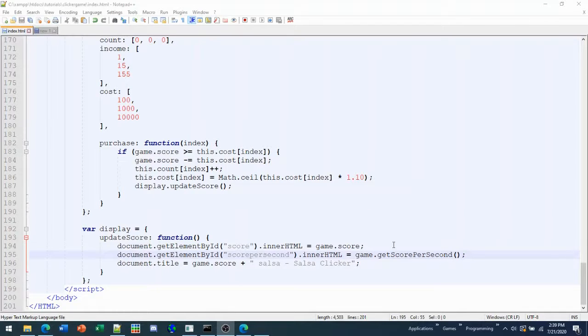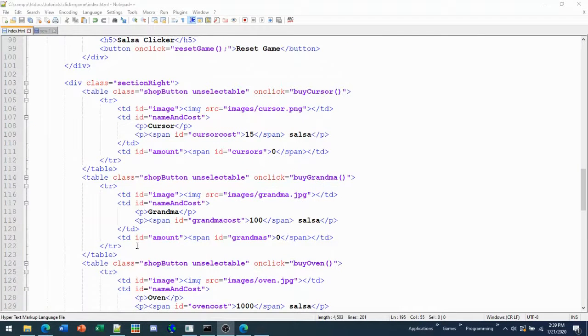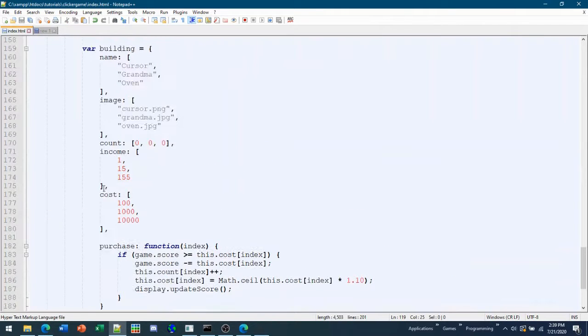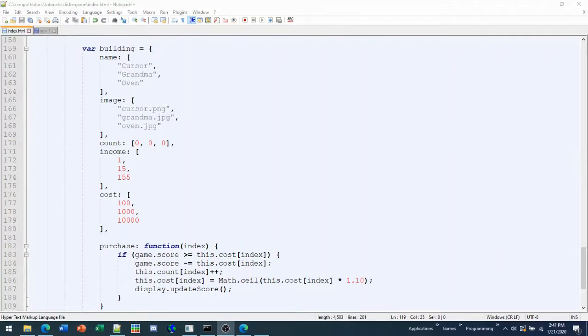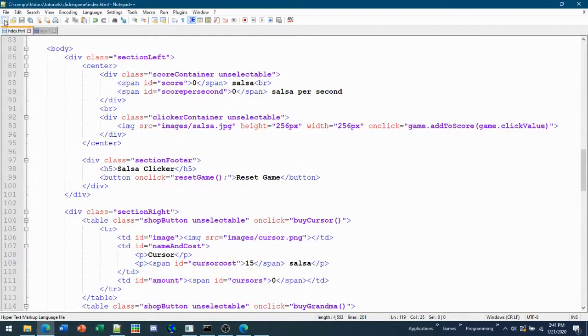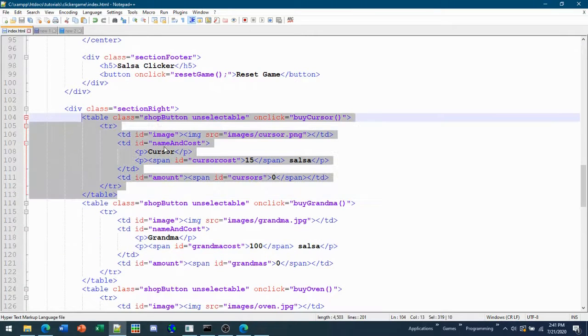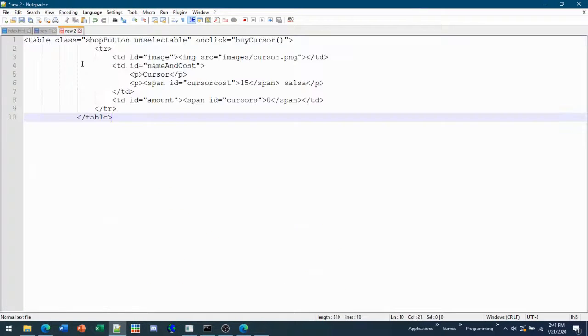So what we need to do next is we need to add a way to add shop buttons, an easier way to do it just based on these variables. So in order to do that, what we're going to do is we're going to create a new file. We're not going to save it or anything, we're just going to use it for a template, and we're going to copy this. You're going to paste it,